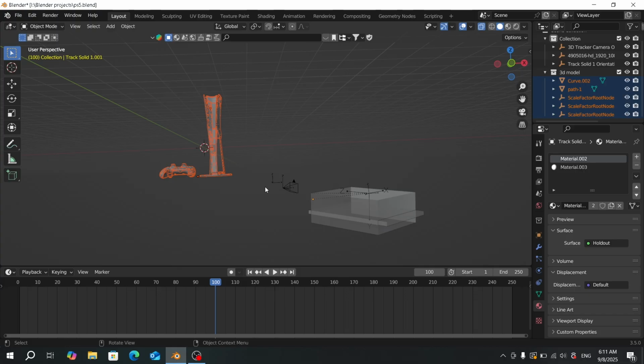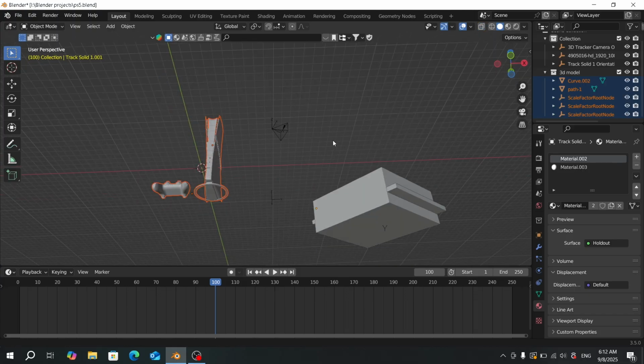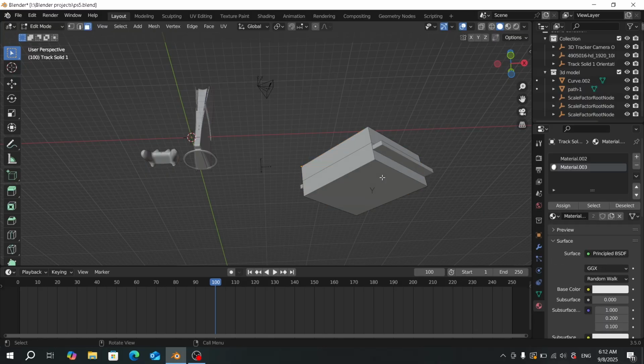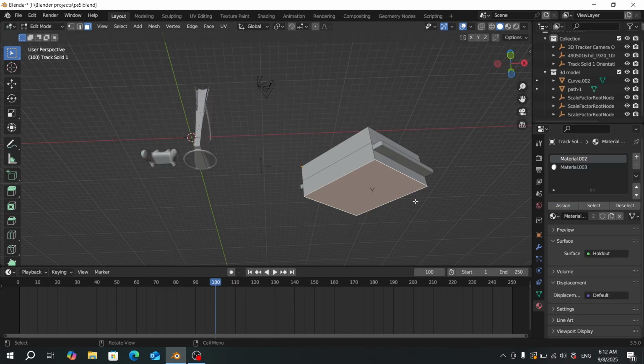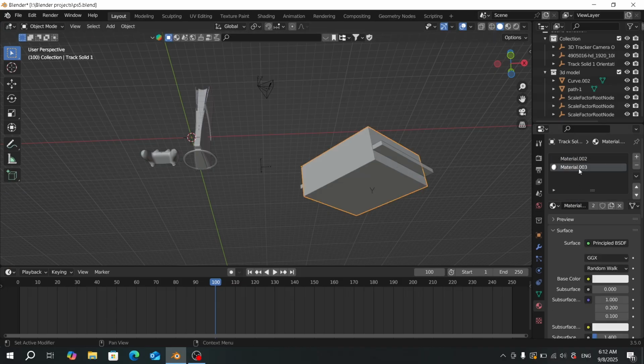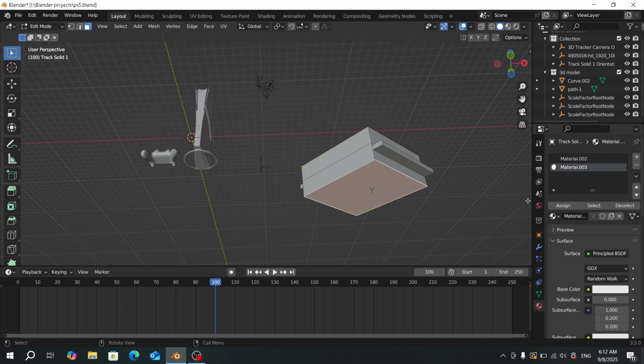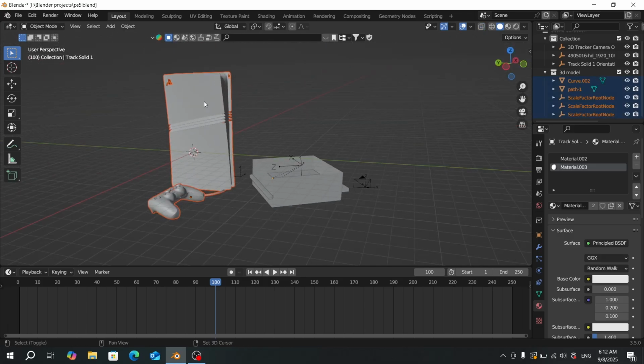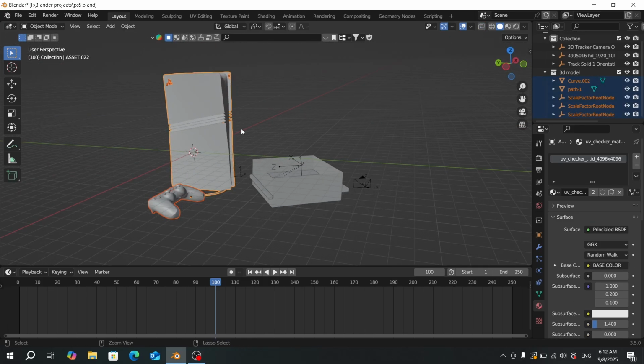Select the big box and after that press Tab on your keyboard to enter edit mode. Select the face at the bottom of this cube and assign it to the color material, not the holdout. After that, select the PS5 while in X-ray mode,